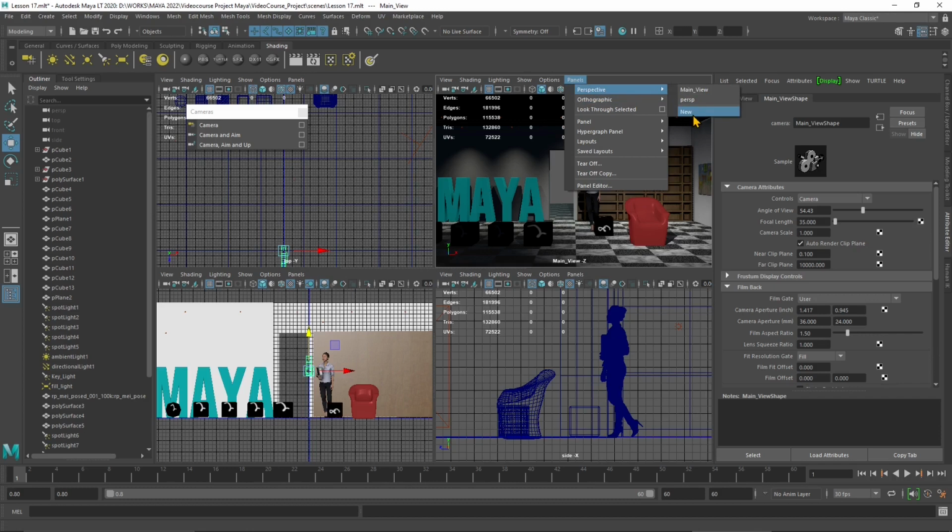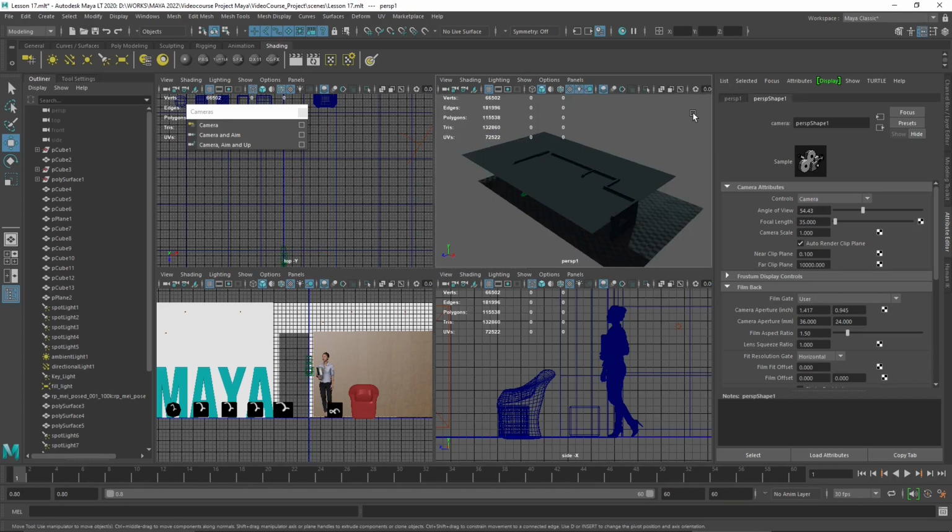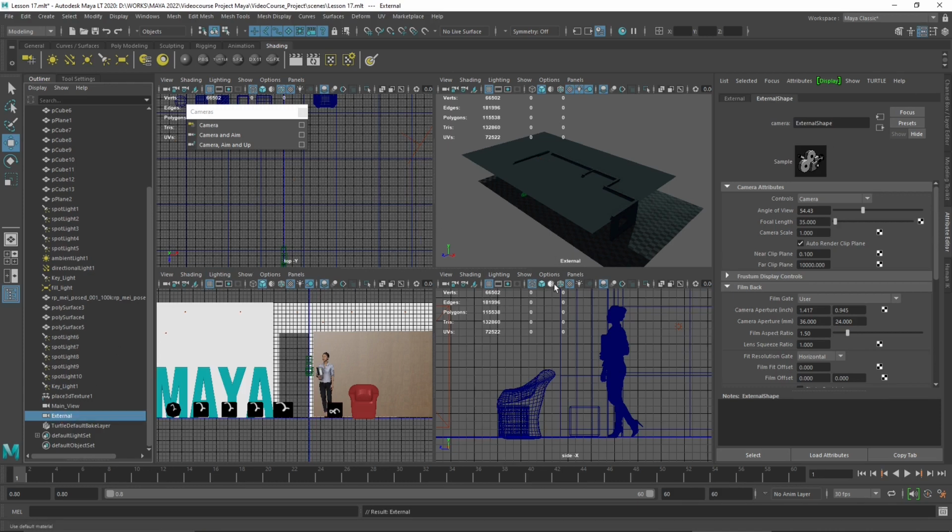And I can go here and create a new one also from here. And this is called persp shape 1. And if I scroll down, I can see it here in the outliner again, and I can name it something different. Let's say external, because this is kind of the exterior part of the project,